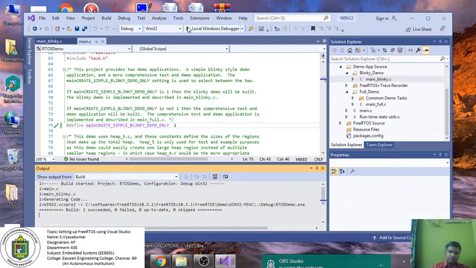Your build has succeeded. Then you have to open the debugger, Local Windows Debugger. Just click this.